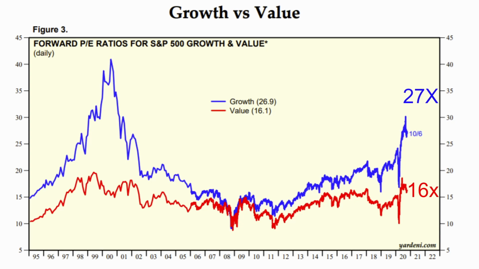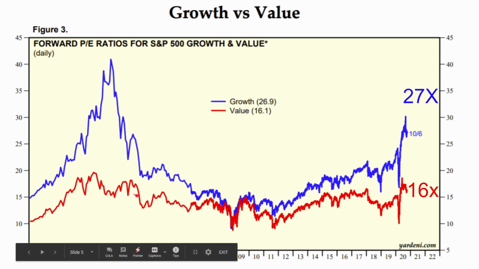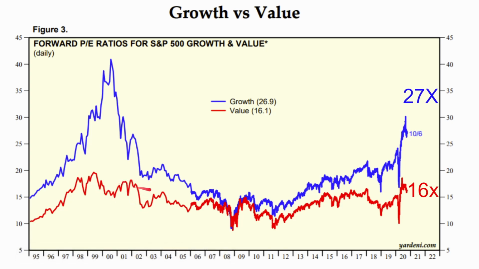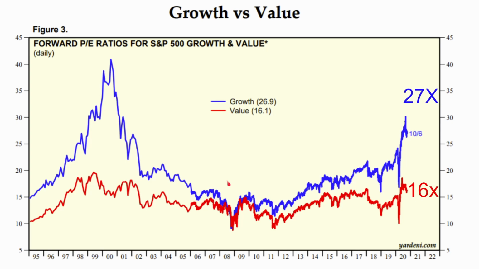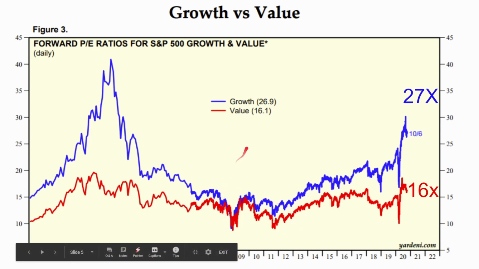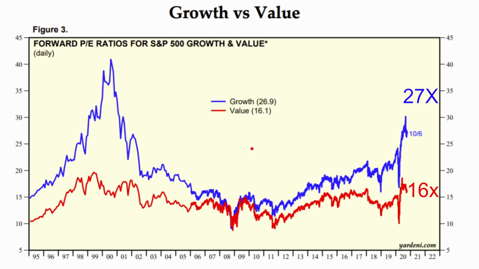And you can see with value, it had a little bit of a rise, but in the end, it didn't really rise all that much. And when it fell back down to earth, it wasn't so much that it fell back down to earth as it just sort of glided there for a second, as in 10 years or so. So then after this, we see in the financial crisis, sorry about that,